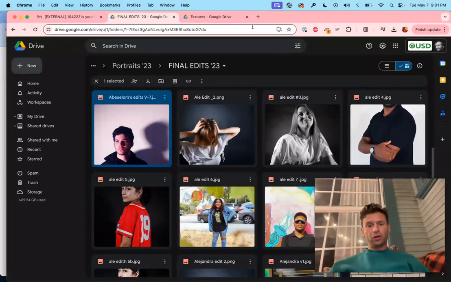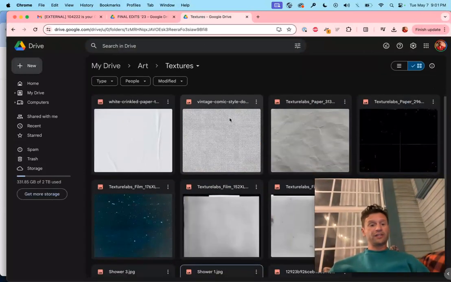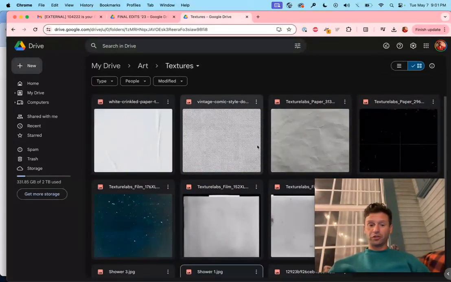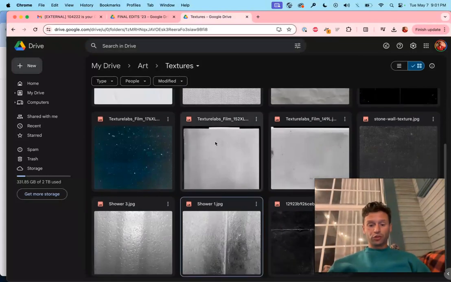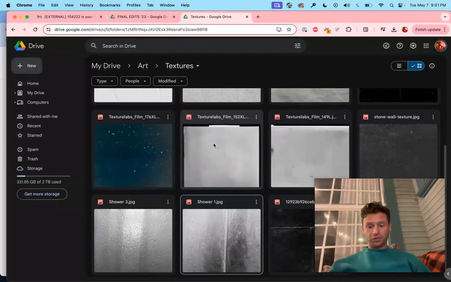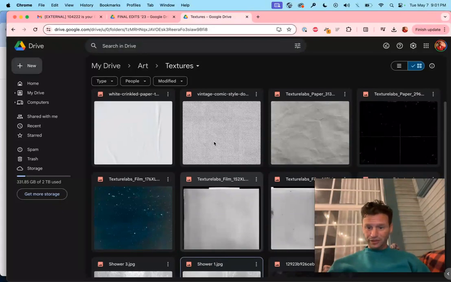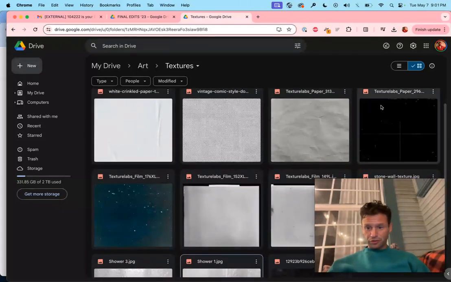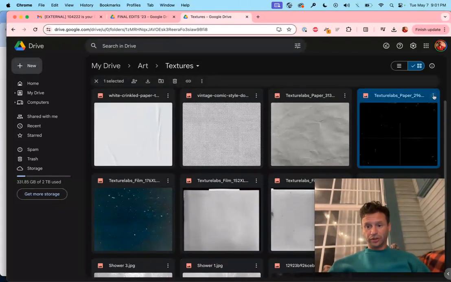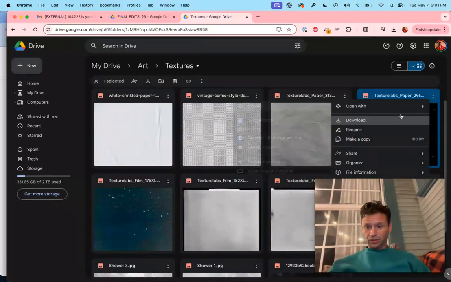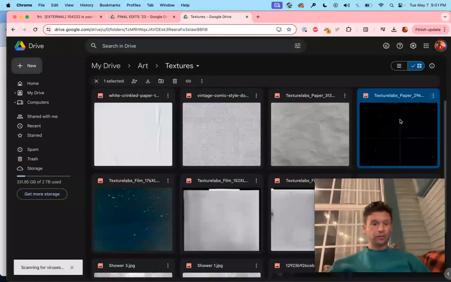I'm also going to see if maybe I want to use a texture, and I sent you this folder of textures. Choose one of these that you might be interested in. So I'm going to choose, let's see. I feel like I want to choose this one, so I'm going to download it. Right click, click on the three arrows, and download. And then